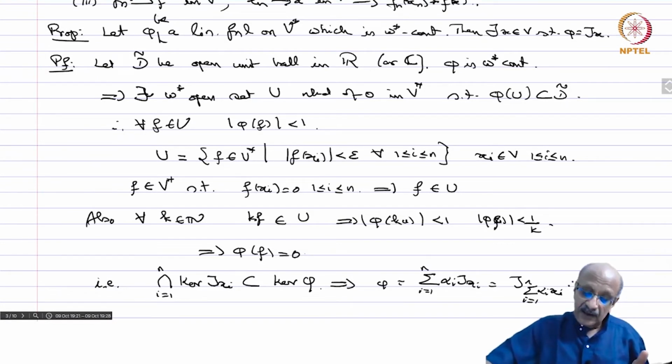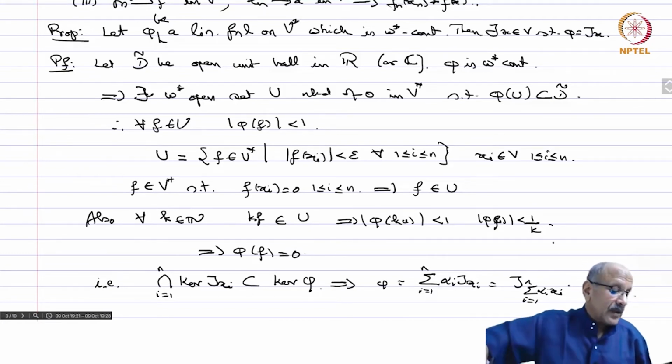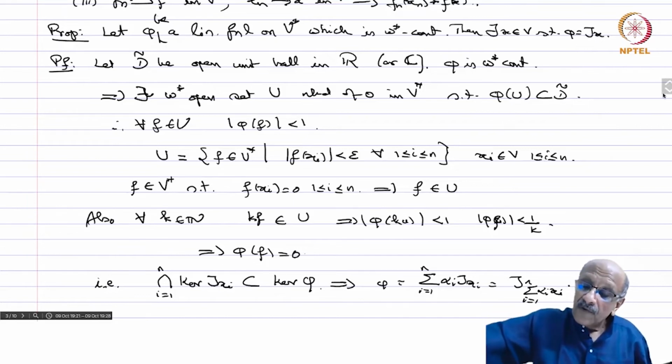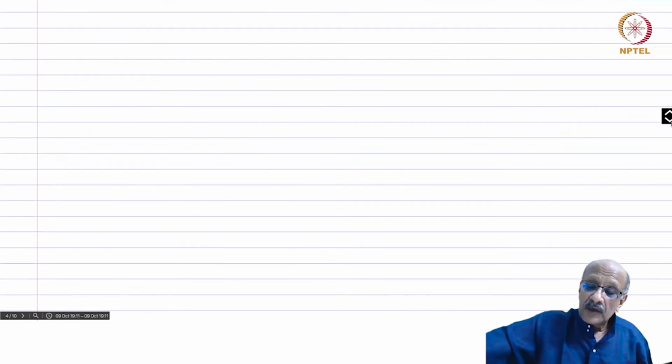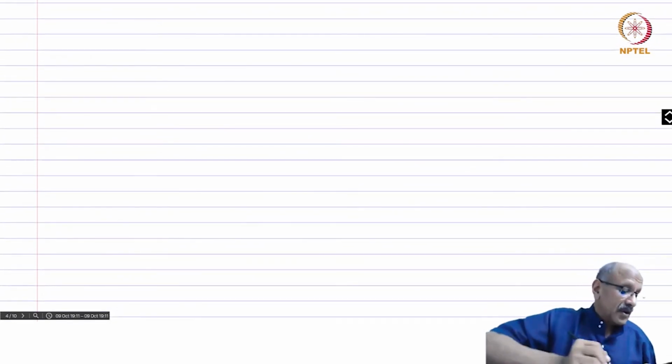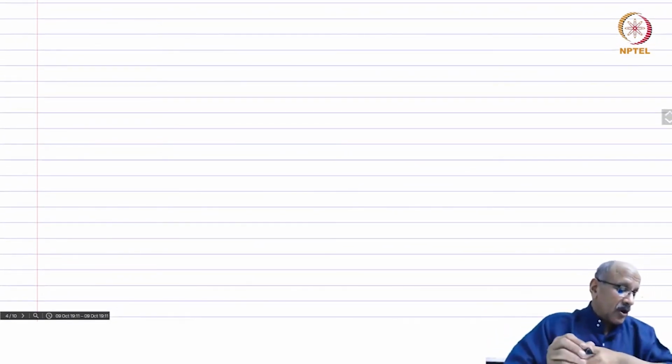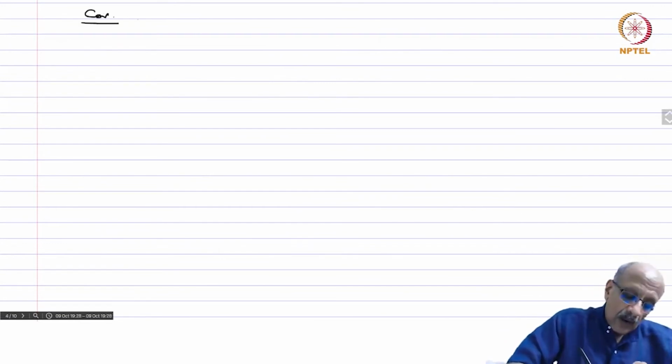And that's exactly what we claim. So the point x is sigma alpha xi, and that proves this proposition. Okay, so the only functionals which are continuous with respect to the weak star topology are the jx functionals, nothing else. Okay, so corollary: a weak star